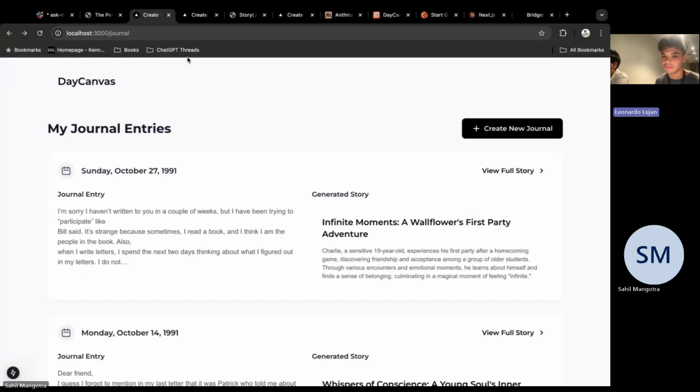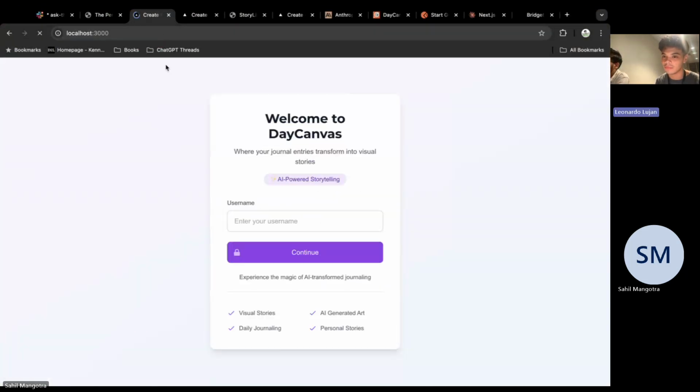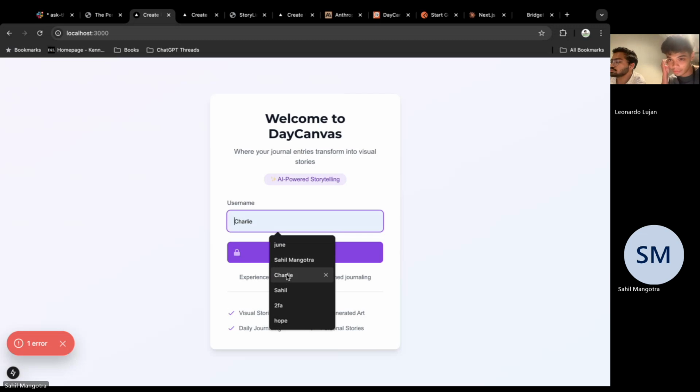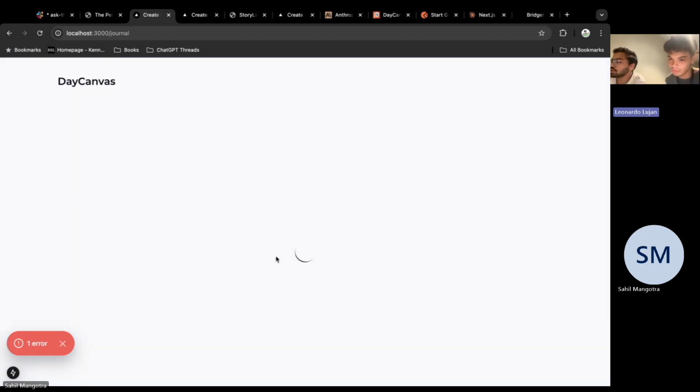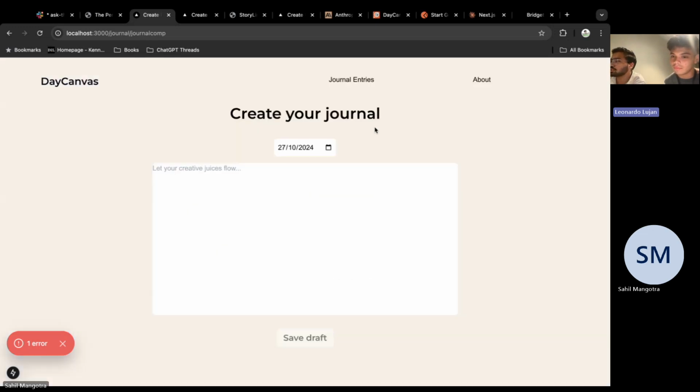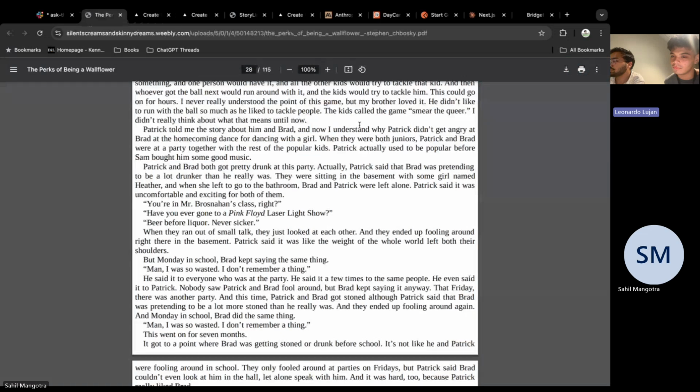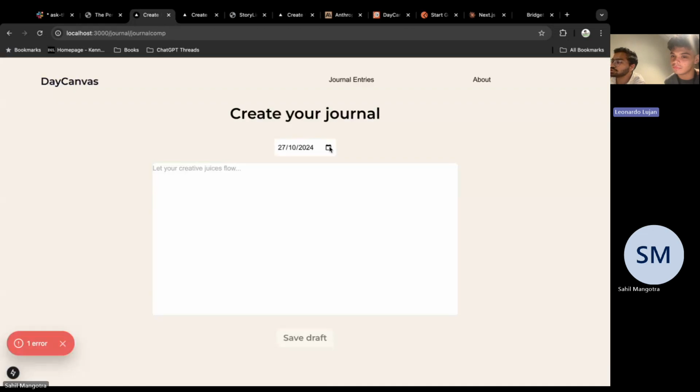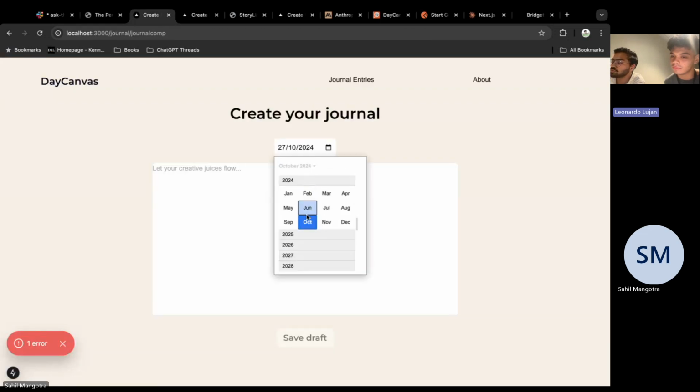So we can start from our first page. These are applications. Basically, let's say I am a user, and my name is Charlie. So I'll be coming here. These are some of our sample journals, so we'll just create one journal. We are following this novel just for our testing. It's a novel which is basically a bunch of journals, so we are using it for our testing purposes.